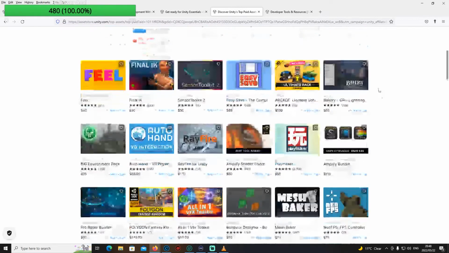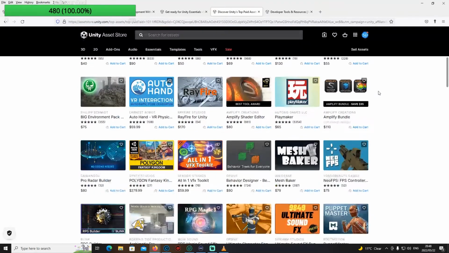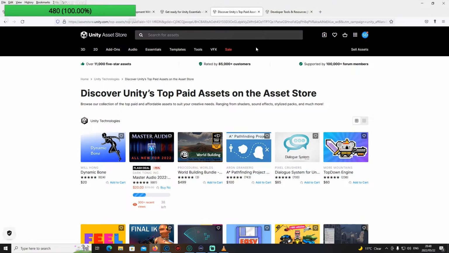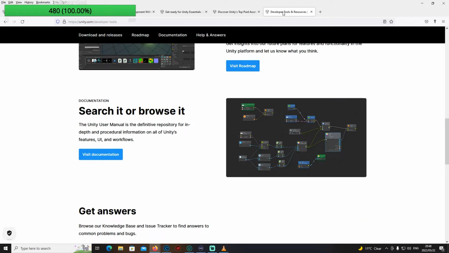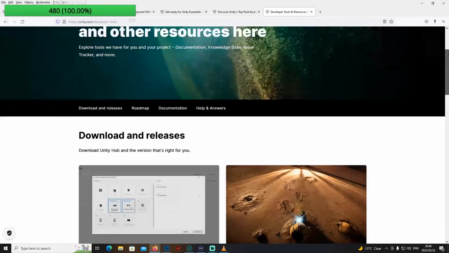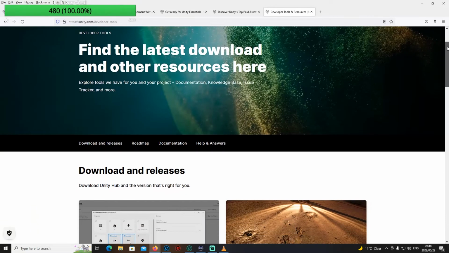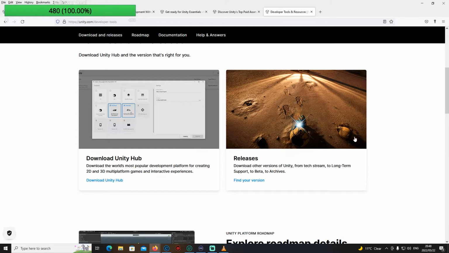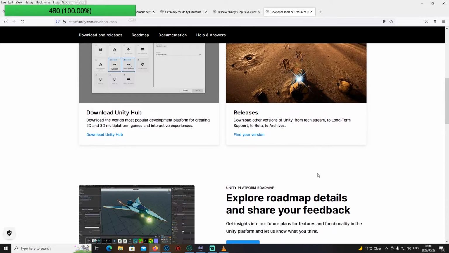Some of them are paid and a lot are free, and you can make your own assets and sell them on the Unity site. Unity also has a lot of information and tutorials. We are going to be downloading the Unity Hub to begin,